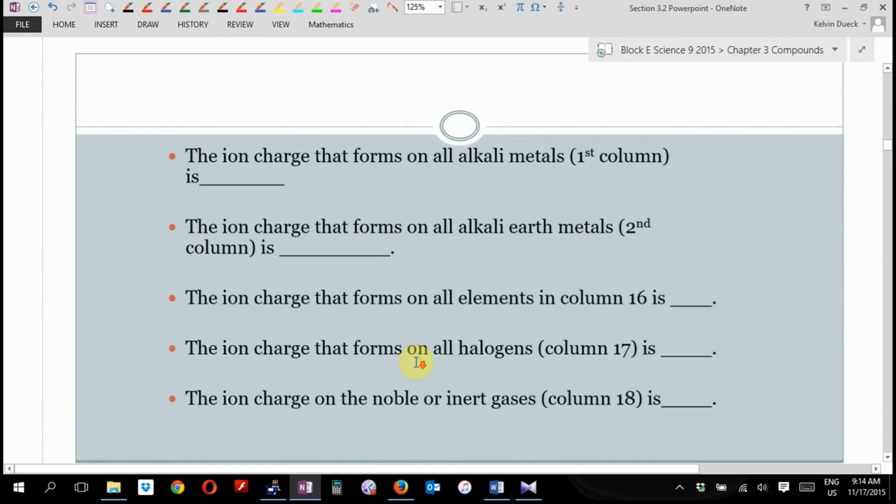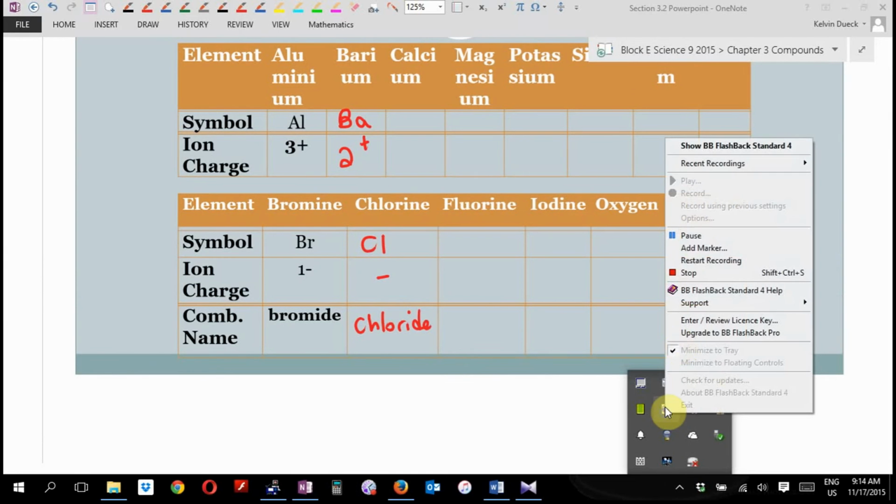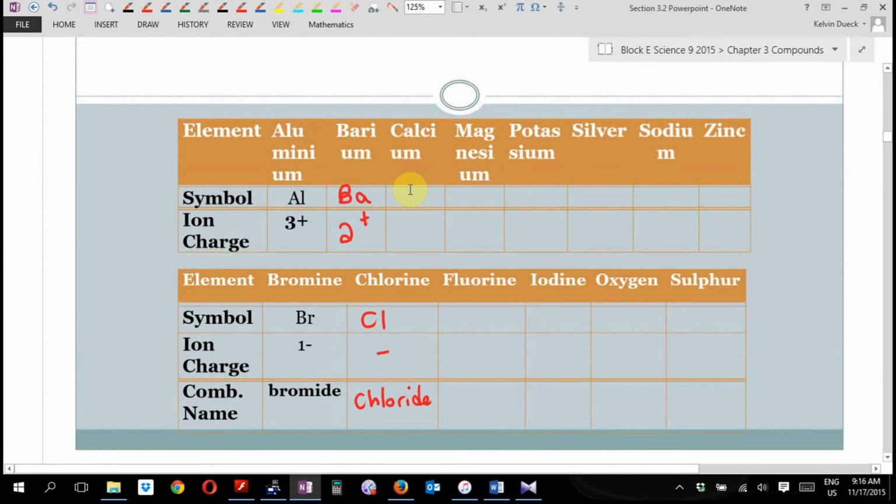Then also answer these questions. I'm going to give you about 3 minutes. I think you can get it done in 3 minutes. I think the answer is hopefully kind of obvious. So you said calcium Ca, charge 3 plus, magnesium Mg, or calcium 2 plus, magnesium Mg, its charge 2 plus, potassium K, its charge plus, silver Ag, I always have trouble with that one, and its charge, sorry, plus, sodium,